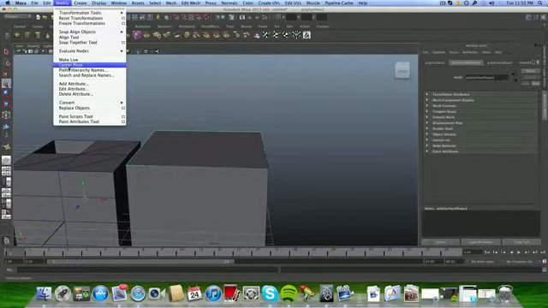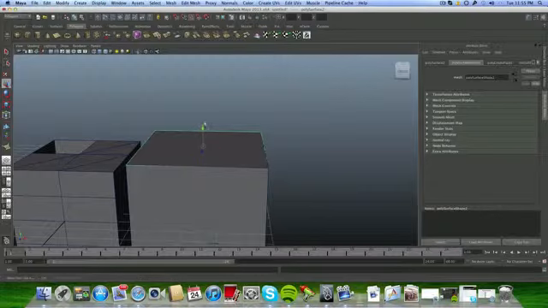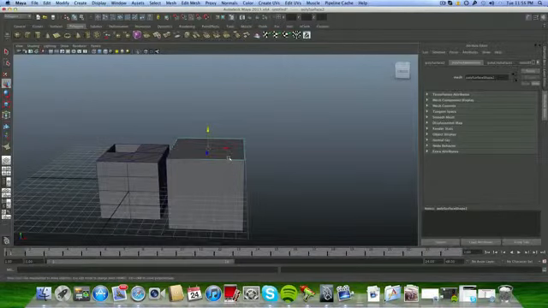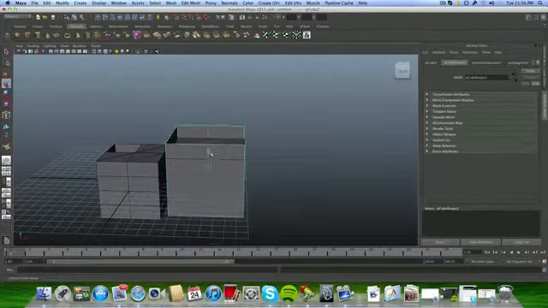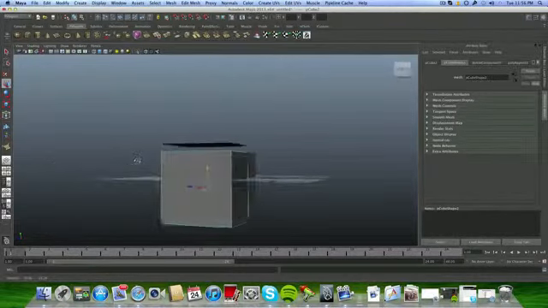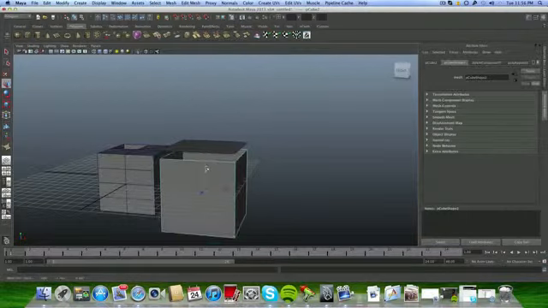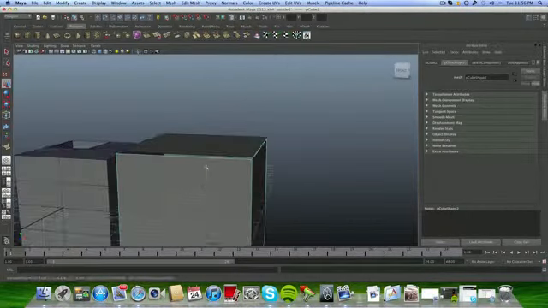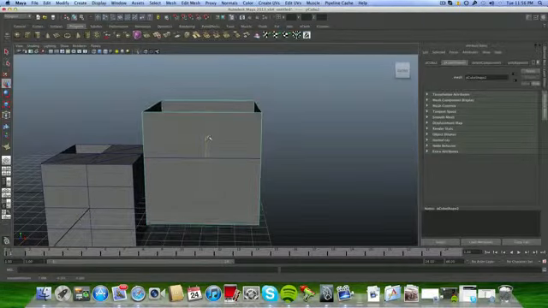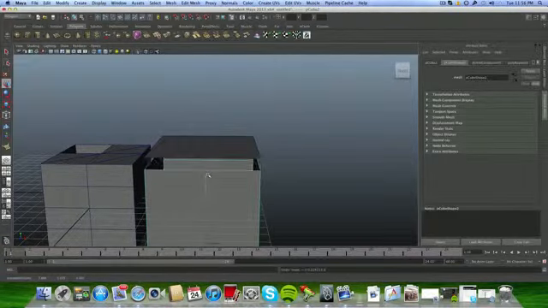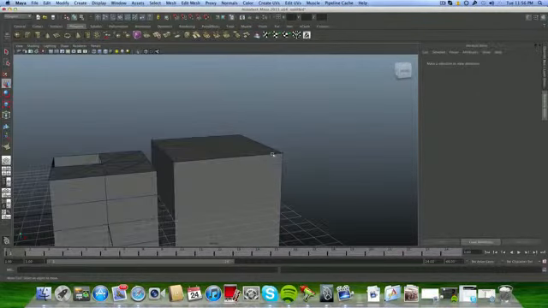Let me just center the pivot for this, and you can see that whenever I take this face now, oh sorry, don't forget to turn off the snap to points, because then you will get these strange movements. Okay, see, now the face is here and it's not connected to the entire shape, and this is not what we want. So I will undo those,